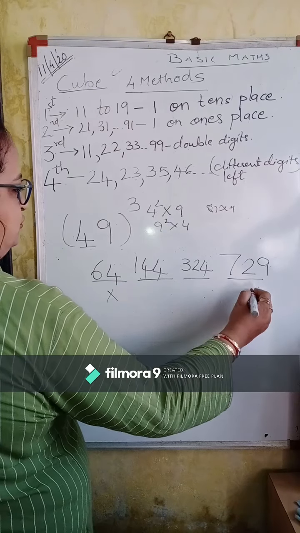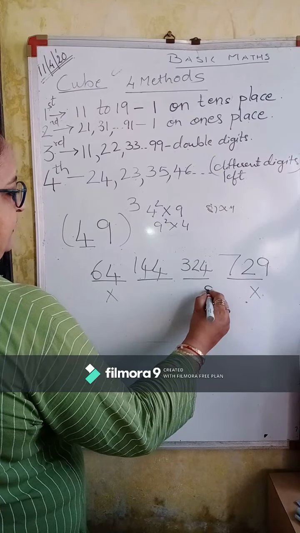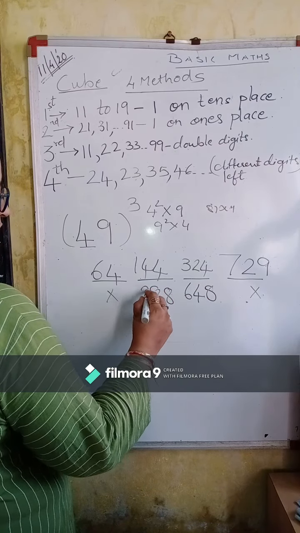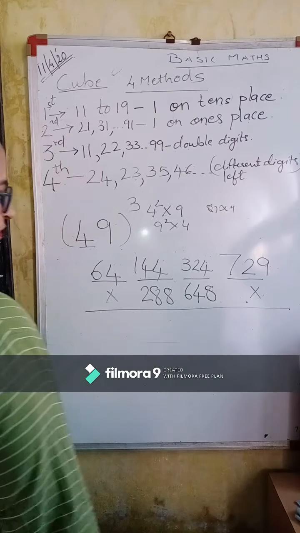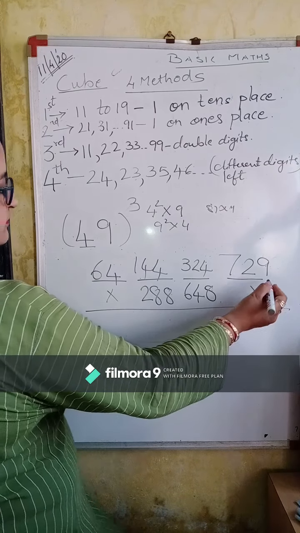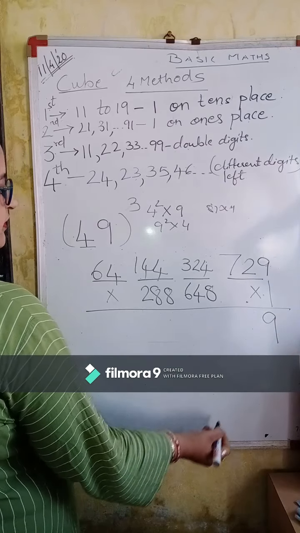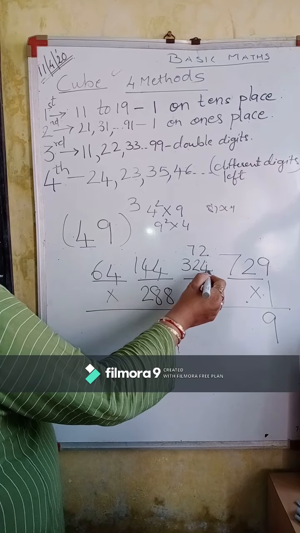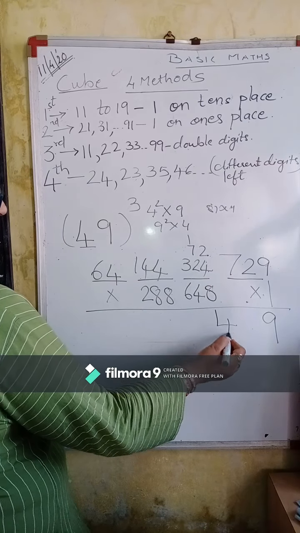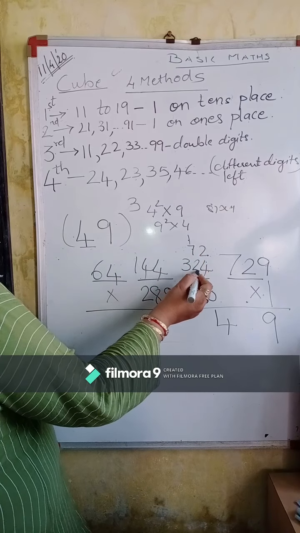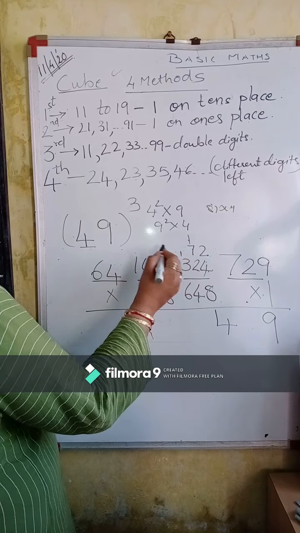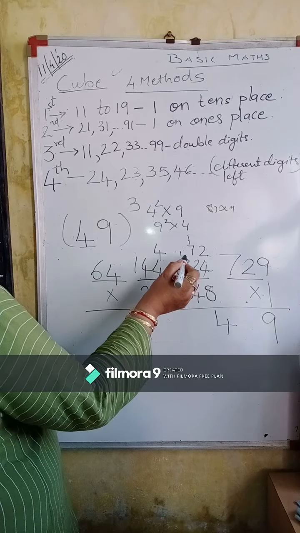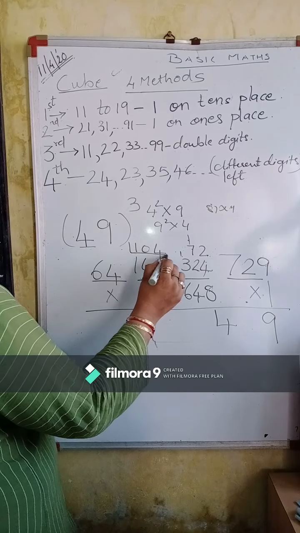Now doubling these two. 4 4 8, 4 4 8, 1 1 2. Slowly go down. 9. 72 will go up. 8 and 2 10 and 4 14. 1 carry, 4 down. 7, 8, 9, 10 and 4, 14. So 1 and 4 I am writing here directly carry. Then 6 and 3, 9 and 10 directly I will carry here.